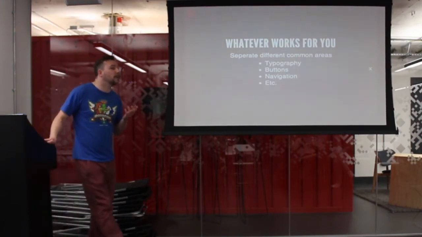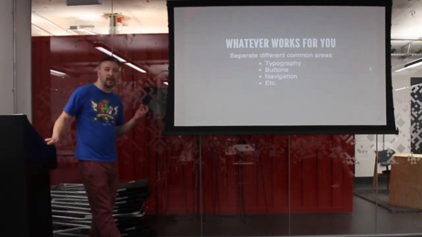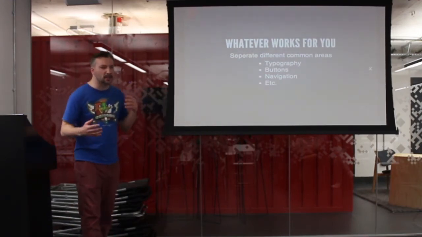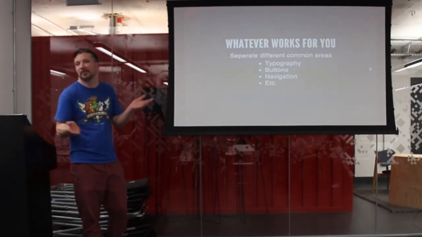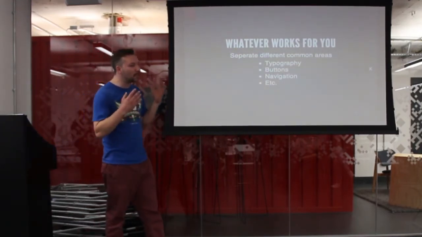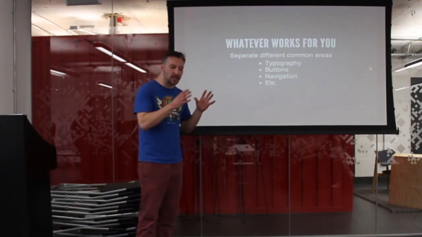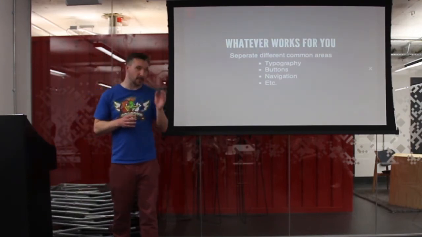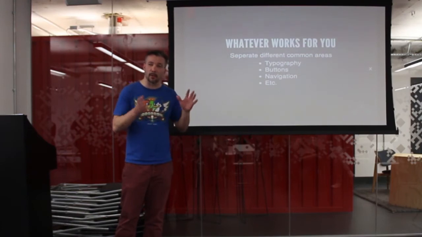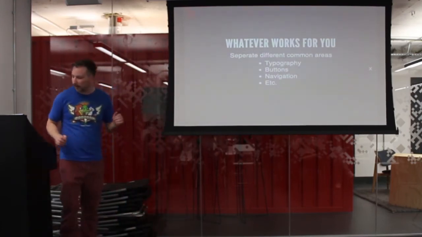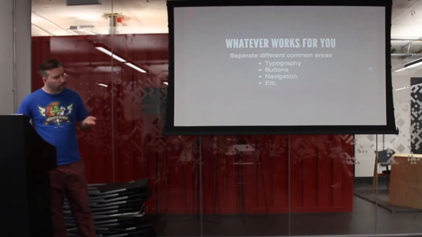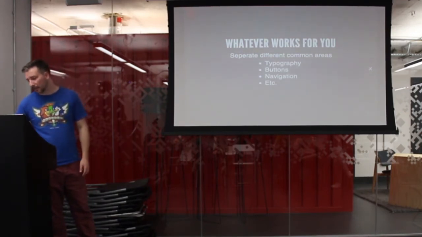You can have whatever types of documents, depending on the site that you're making. It could be a gallery, so obviously you can have certain things for images, different layouts, pictures of your cats. Whatever you're building, I'd recommend separating them into things that you understand. It doesn't have to be just buttons, whatever is best for you. Separate them so you can edit things later more easily. Like the examples here: typography, standard, all your headers, your base font size, all things like that, starting off with buttons, navigation, etc.